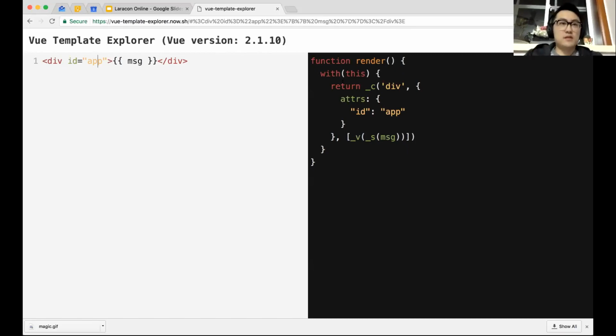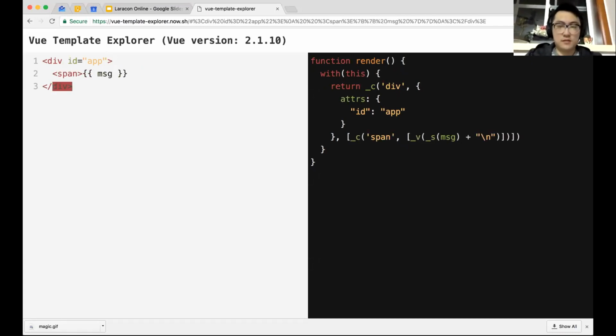And to get a better understanding of what it really does, we can try to play with it. For example, we can wrap this inside a span. And now you see here we just wrapped it inside a span call, and the text nodes are now nested inside an array. And when you do something like v4,